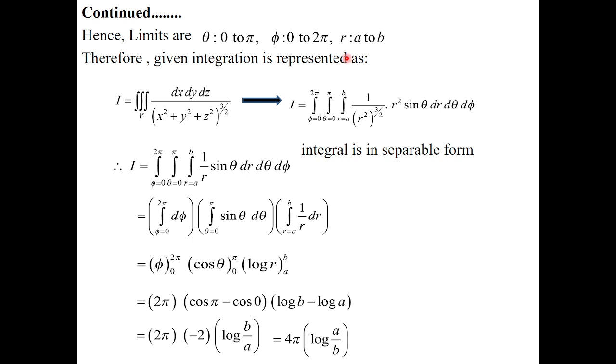इन दोनों के बीच में जो part आ रहा है, that is nothing but the required volume. So obviously the radius it is from r equals to a to b. So this integration will convert it to r equals to a to b, theta it is 0 to pi, and phi it is equals to 0 to 2 pi. Always we will follow this order.